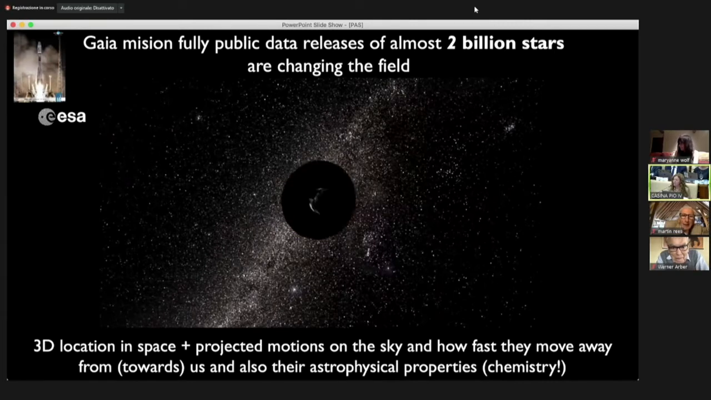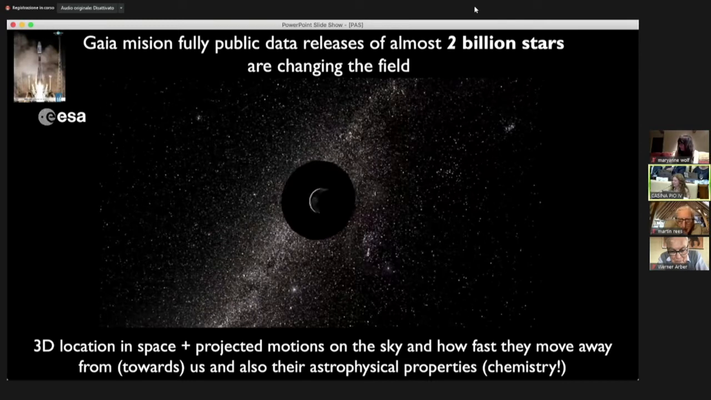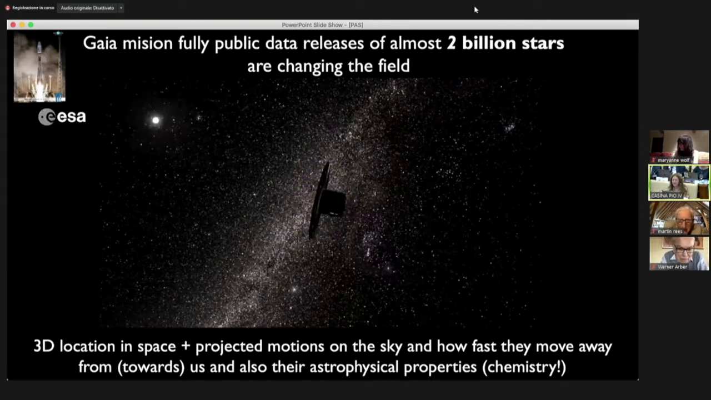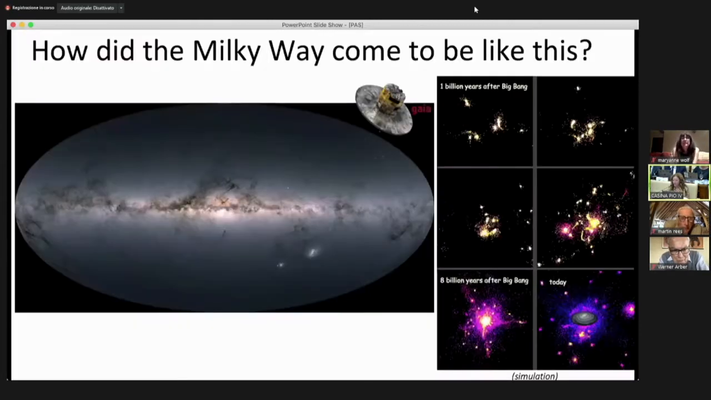We also measure the brightness in different wavebands, and that tells us about the properties of those stars, such as, for example, their temperature, but also their chemistry. And we've now measured this information for about 2 billion stars. So this is an amazing data set that is actually changing completely the field. So if we go back to the question of how did the Milky Way come to be the way it is, and we go back to this idea that,